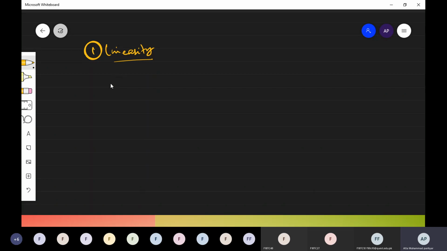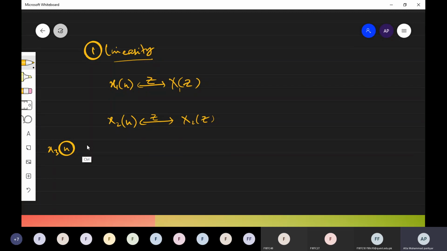Linearity says, for example, if we have a signal x1 of n, and if its Z transform is x1 of z, and if we have a second signal x2 of n, and if its Z transform is x2 of z, then for example, if there is another signal x3 of n, which is the sum of these two signals, x1 of n plus x2 of n, each times some arbitrary coefficient,